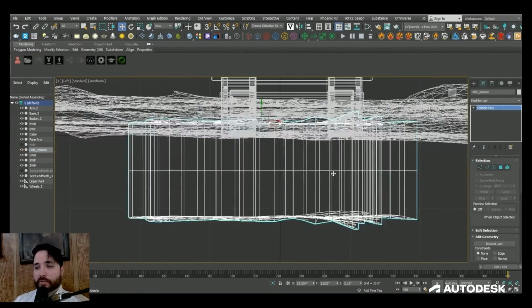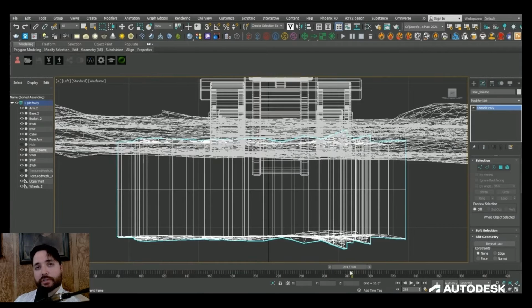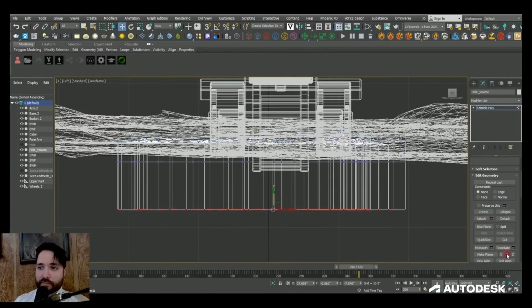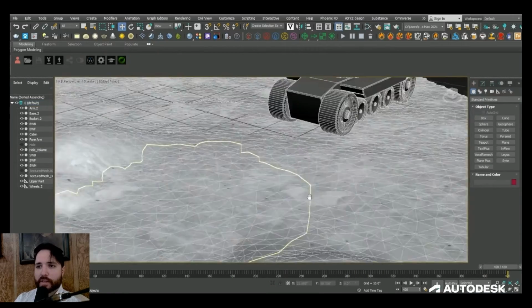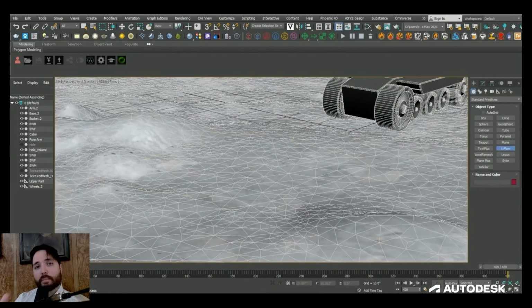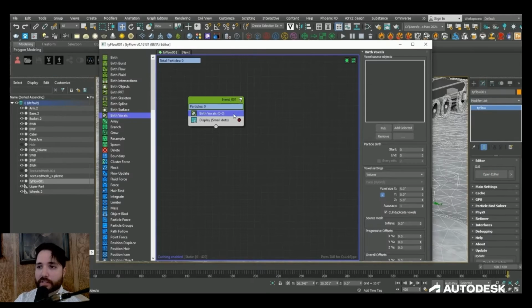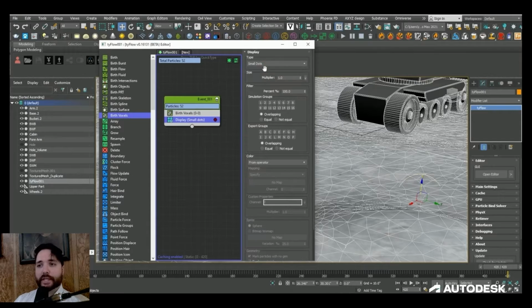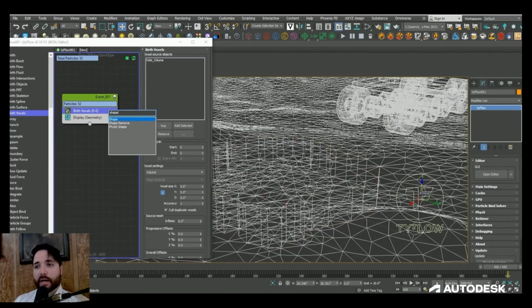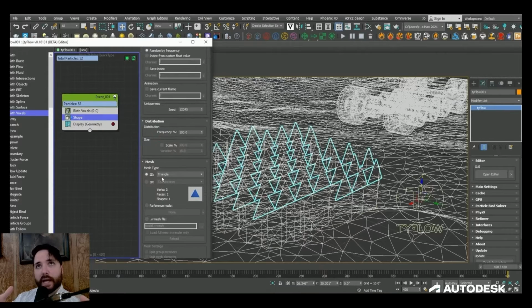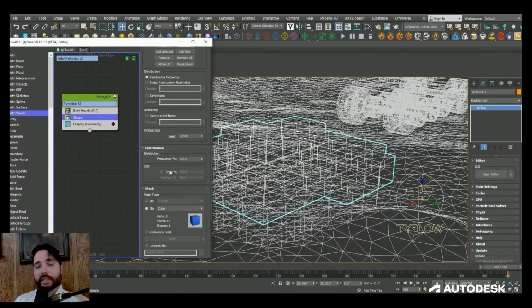So now creating the tide flow simulation, I could use that new mesh to birth voxels or particles within its volume. Think of it like packing a box with a bunch of small cubes. You can then adjust the density or the amount of boxes that are needed to fit within our selected object. Using a shape operator, we can change the shape of our particles to be whatever we want. In this case, I used a cube because I wanted to leave as little gaps as possible within the volume.